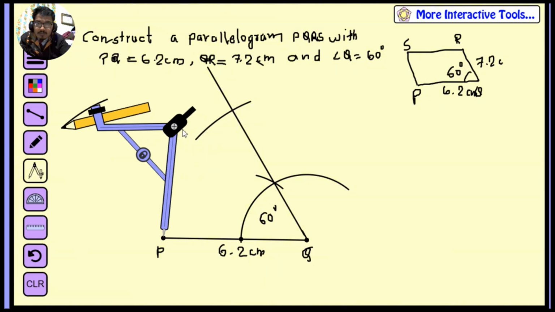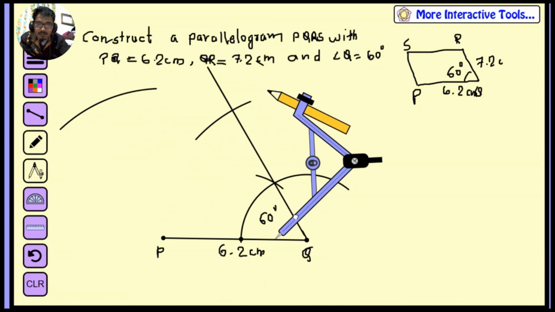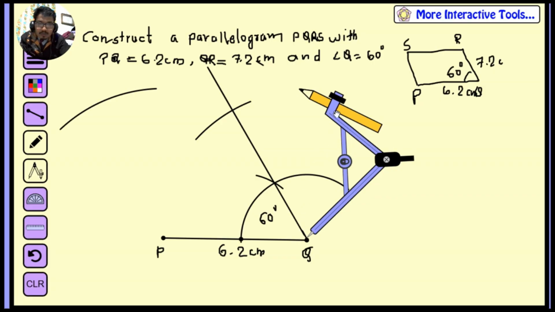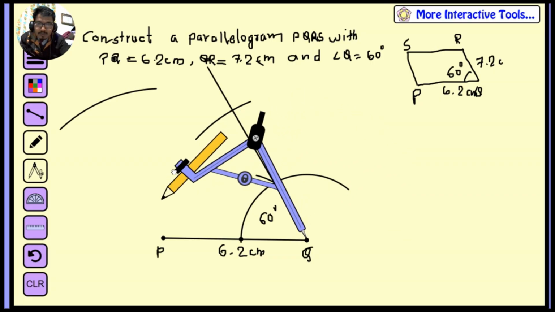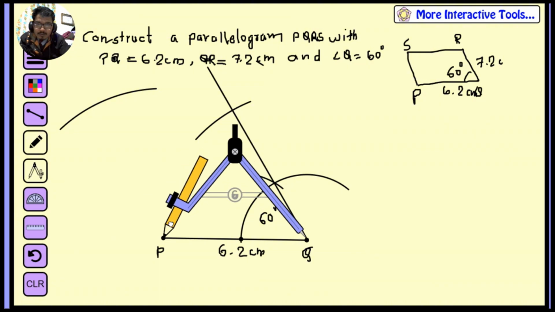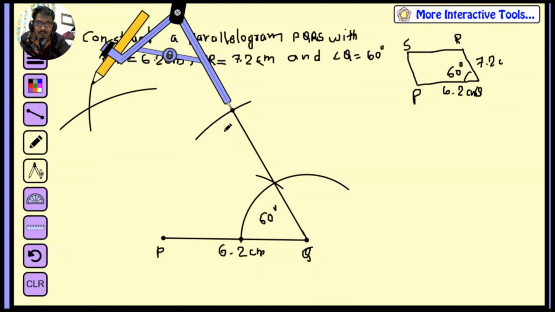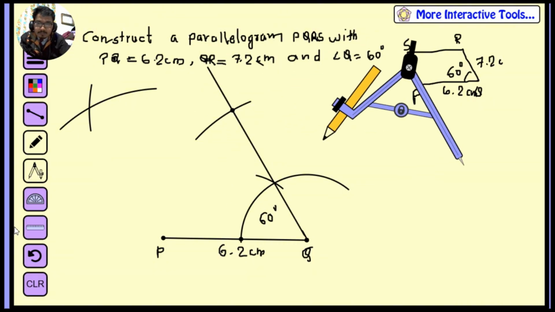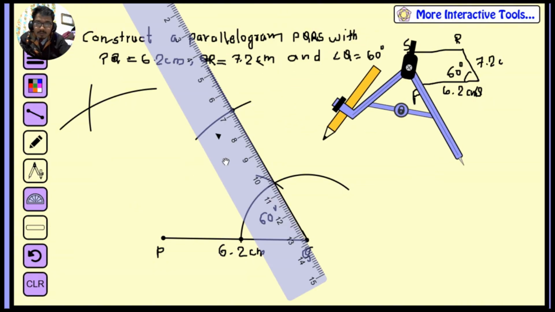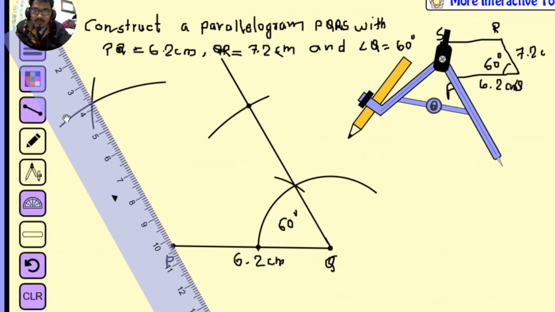and same here also on the opposite side, here also got 7.2, okay, and we know now the opposite sides are equal, so that we are going to measure this one, right, from here to here, this opposite side, then cut from this one point, okay, this is opposite sides equal now, okay. Now let's join them with the help of a ruler, see here, and like this put the ruler and join it,